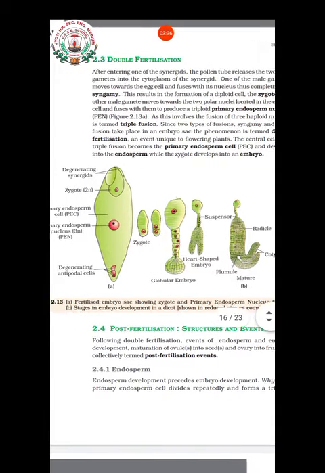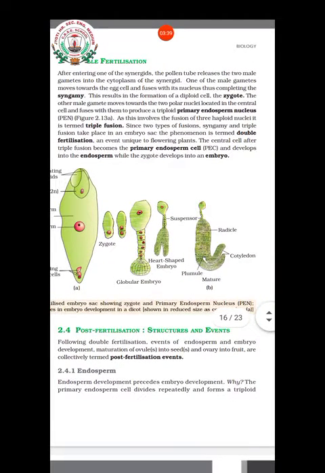Do you remember the polar nuclei in the embryo sac? 7 cells were there, isn't it? The cells which are near the chalazal region are known as the antipodals. 3 cells will be there, and 3 cells will be there at the micropylar end, isn't it? 2 synergids and 1 egg cell. And there will be a central cell with 2 nuclei, isn't it? That is known as what? Polar nuclei. So these 2 polar nuclei are located in the central cell